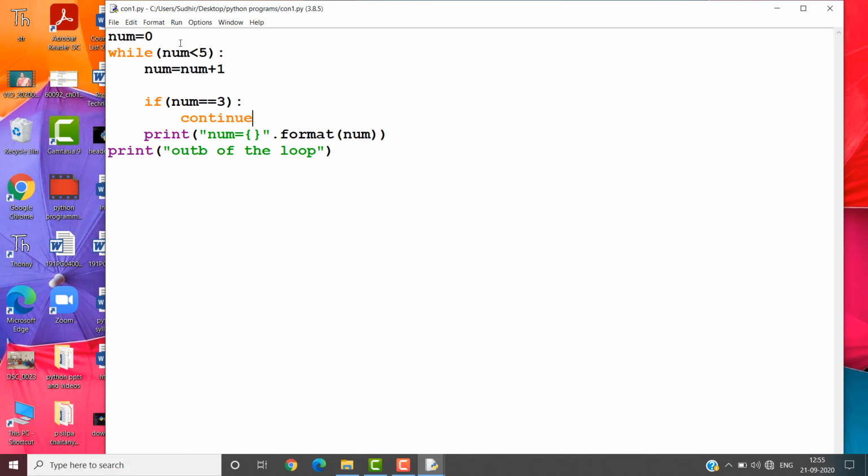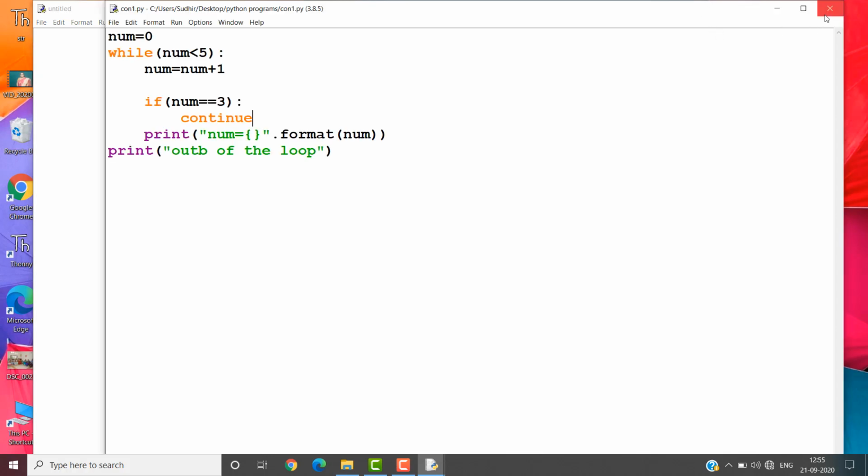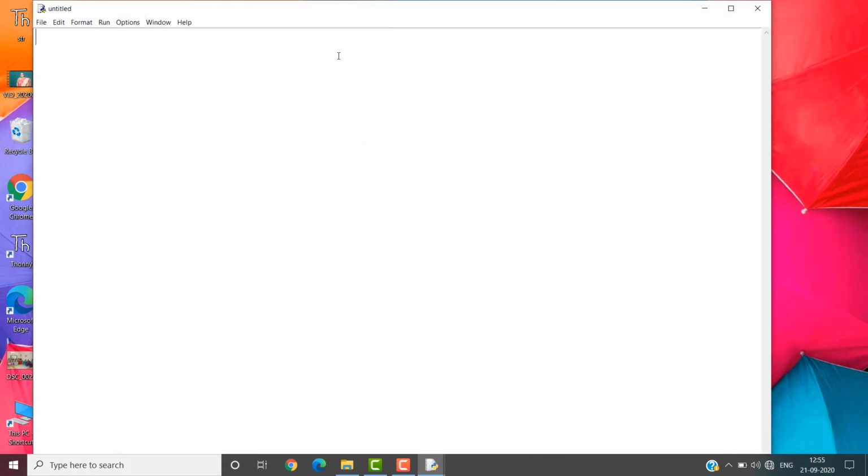Okay. Let us see the leftover thing that we have seen in the decision control statements, that is the pass statement. Okay. So, let us do an example for the pass statement. Close the previous screen. Let us do the example for the pass statement. For num in range, let us take the range from 1 to 6. Okay, colon, don't ever forget to put a colon here. If num is equal to 3, I am passing the statement.